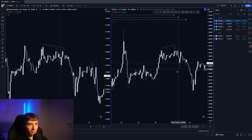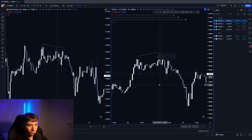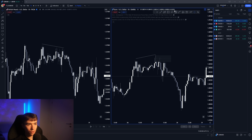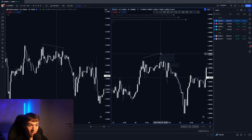So then again, we can use this wick to take trades off, right? So yeah, if there was a fair value gap, of course, this was another entry. But if there's no fair value gap, then the wicks can be used as gaps, right? You see Michael and ICT, you see everyone saying wicks are also gaps. Yes, but when are they gaps? They are gaps when it makes sense, when there is sequential SMT, when there is a precision swing point, which is